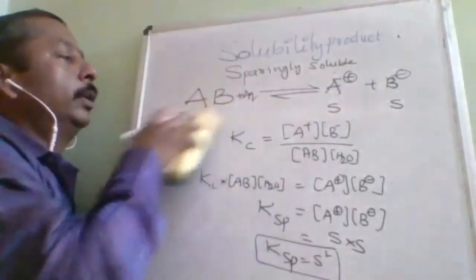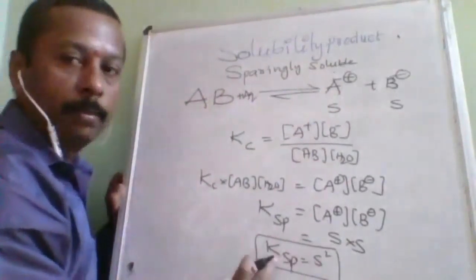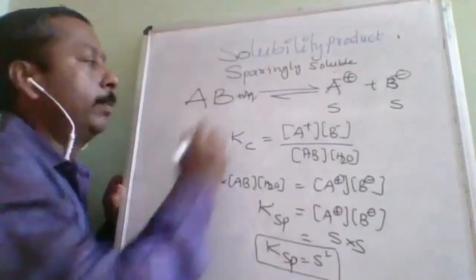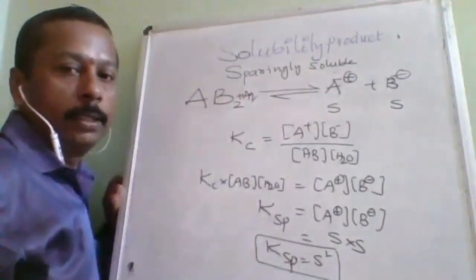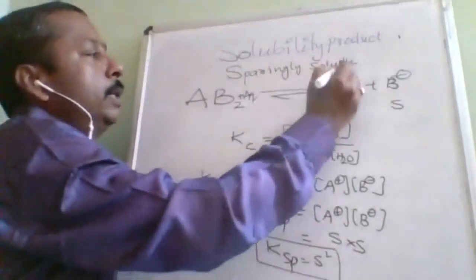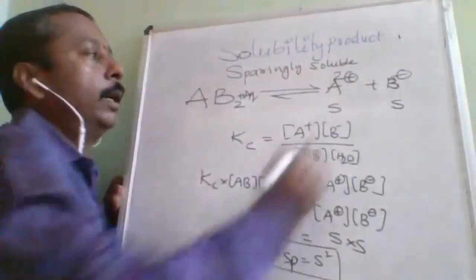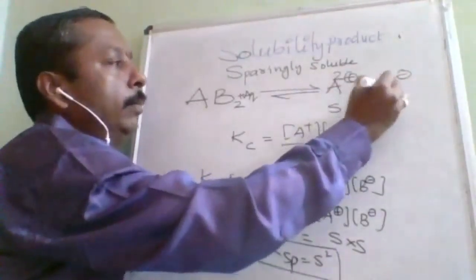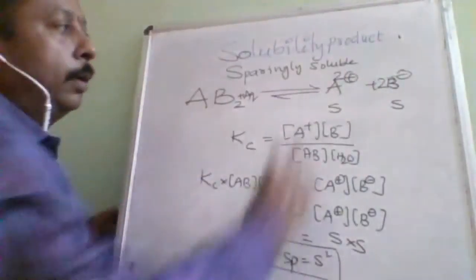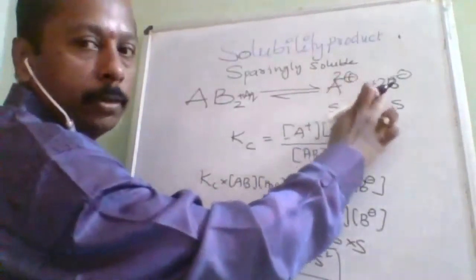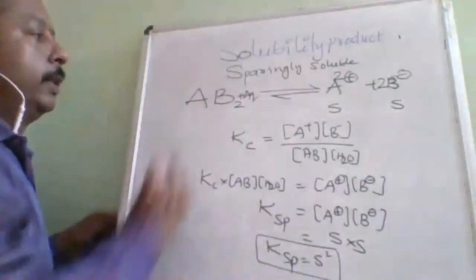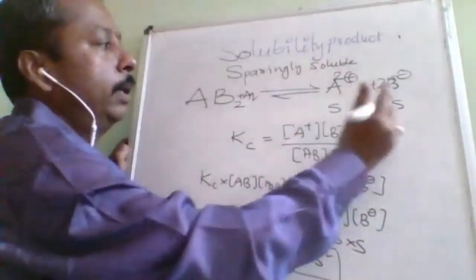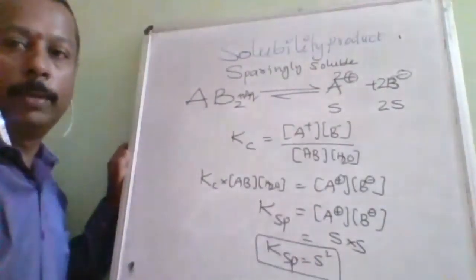Now, this is the solubility and solubility product relation for the AB type. Let us take the AB2 type. What change is it going to make? It changes the positive charge on the cation and the negative charge here. The negative charge is going to be 1 minus only, but 2 moles. Here 1 mole with 2 positive, here 2 moles with 1 negative. So if its solubility is S, then here it is S and here it is going to be 2S.